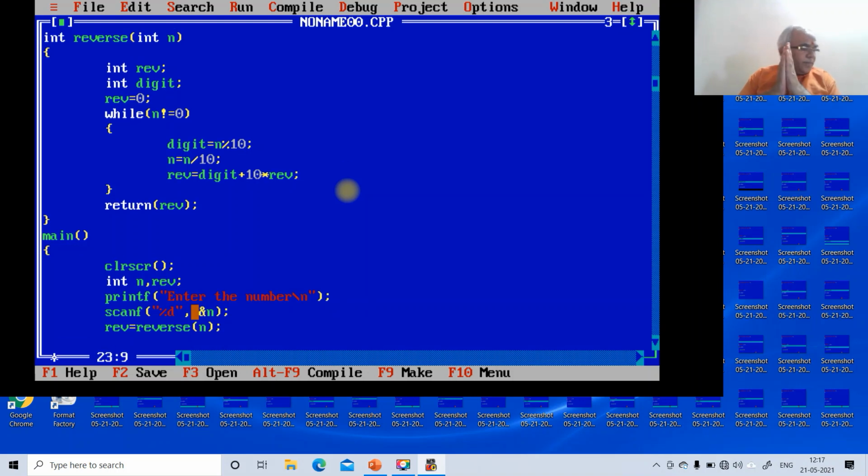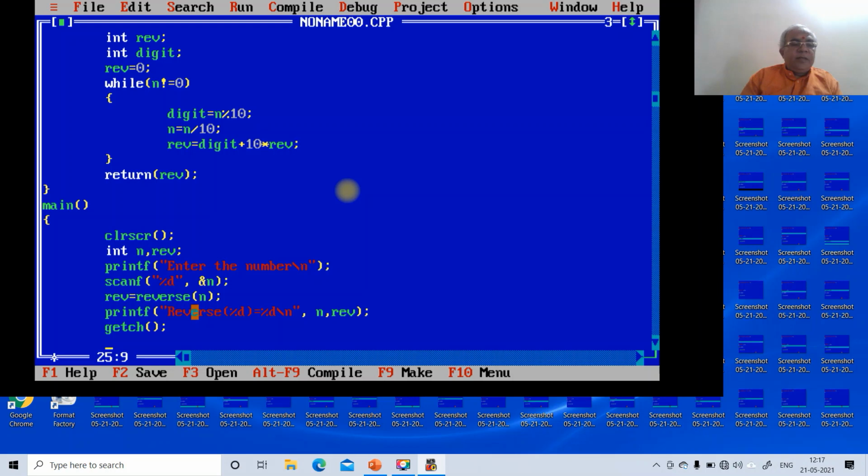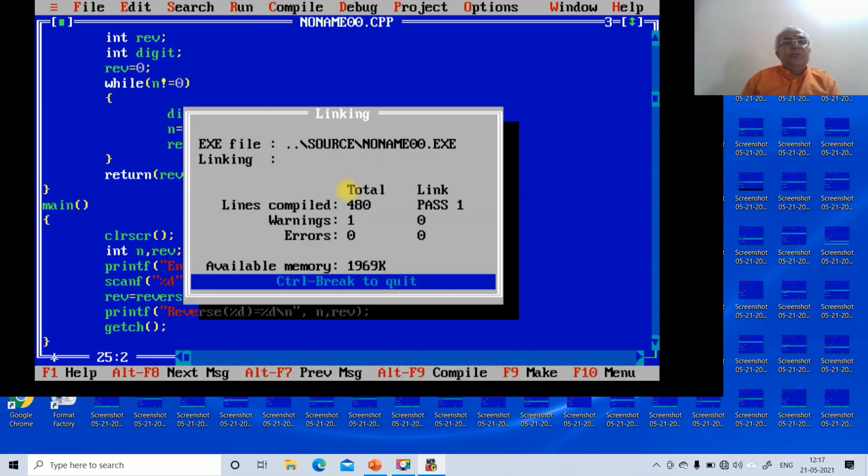Then printf within quotes, reverse of %d equals %d \n, then n comma rev, then getch function, then close it, then go to run this program.